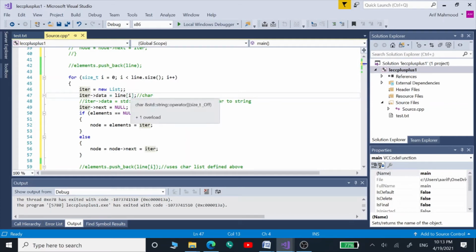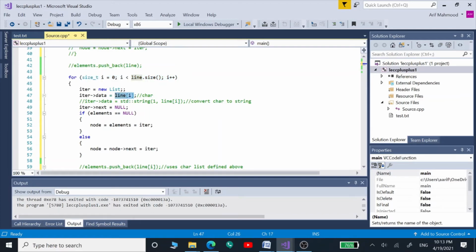Now this is our character. This line I variable is going to give us the characters, like that line variable was giving us strings. This for loop is going to run on all those strings to separate those into letters.